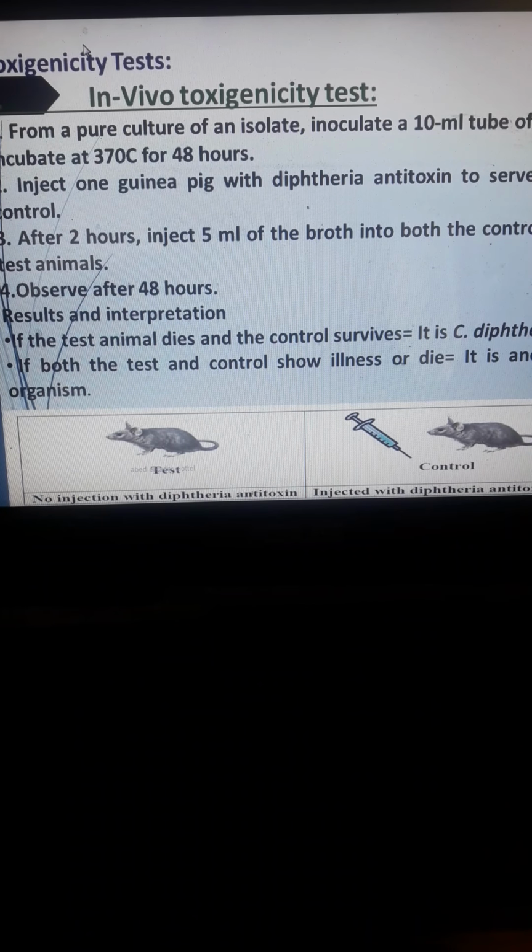Next, the toxicity test, I mean, the in vivo toxicity test, which involves the test for the toxin. Okay, the in vivo test already involves the tissues, so it involves animal testing. Okay, from the pure culture of the isolate, inoculate a 10 ml tube, okay, of what we call